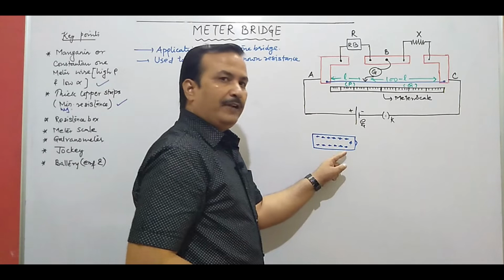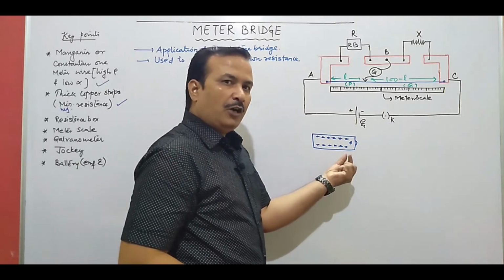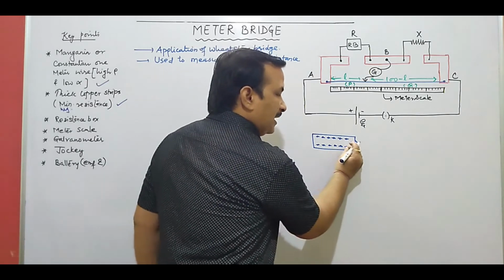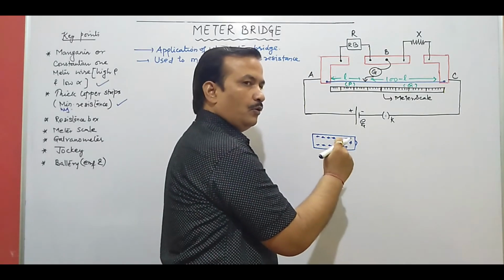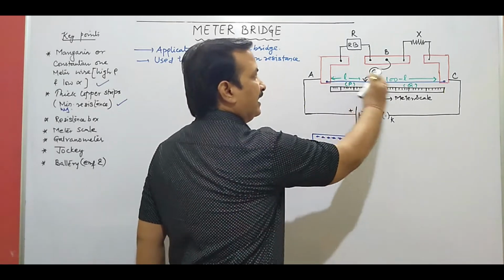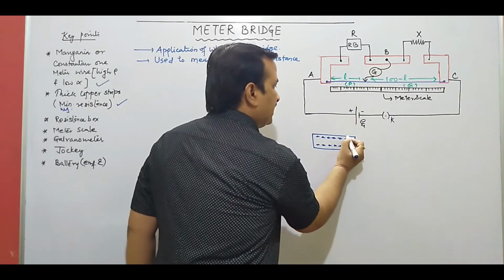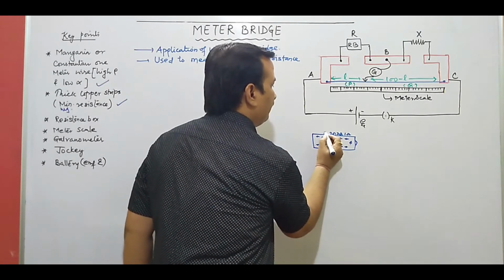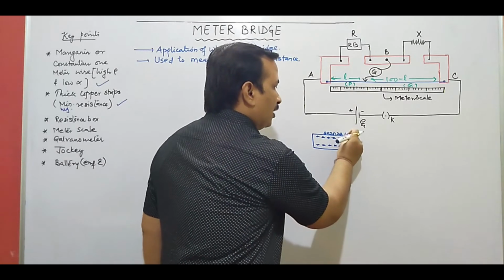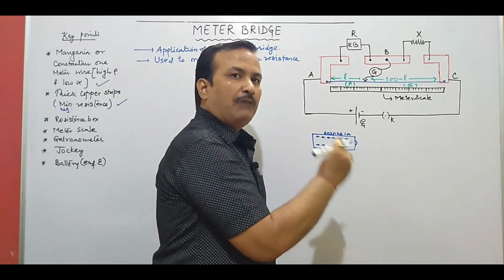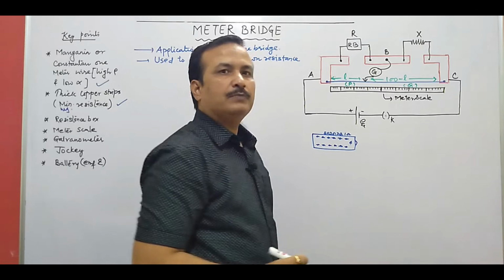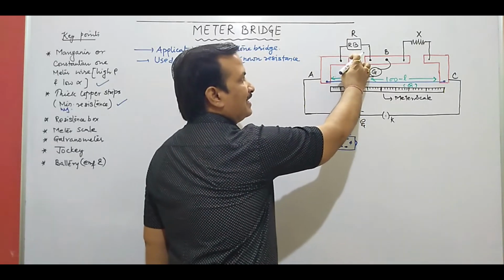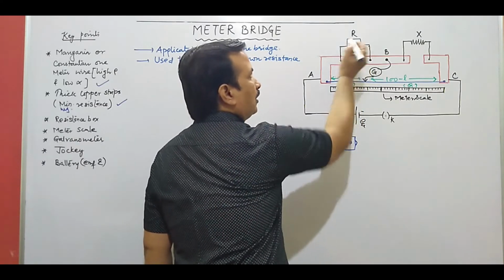So when we take out any key, the connections inside are such that when you take out a key, that ohm resistance is being connected to the circuit. Suppose you take out the first key, it is generally 1 ohm, then 2 ohm, then 2 ohm, then 5 ohm, it is like this. So if you take out the first key, it is of 1 ohm. That means in the circuit 1 ohm resistance is introduced. So this is the known resistance which we are taking from the resistance box.